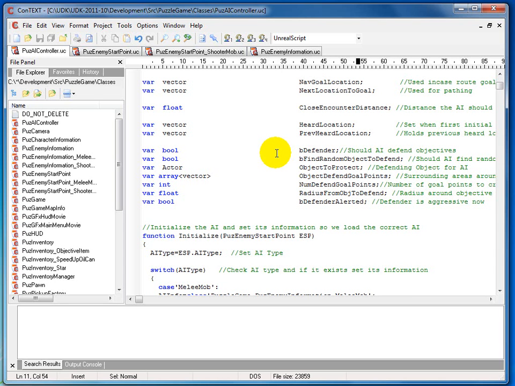Then we have variable vector ObjectDefendGoalPoints, and what this is, when the AI gets to the objective to defend, this creates a circle radius of points that the AI will walk to while it's walking around defending the object. Then we have variable integer NumDefendGoalPoints, a float called RadiusFromObjectiveToDefend as well, and both of those deal with creating the circle. The defend goal points is how many points along the circle we're going to create, and the radius is how far out you go. So that sets basically how big the circle is and how many points in the circle that the AI will